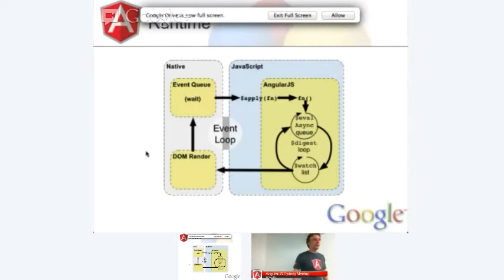This is an example of how the data binding works under the hood. I won't go into details about how the eval queue works in the digest loop and so forth. The important thing to take away from this diagram is this $apply coming in and this $watch going out. At the top, there's this $apply method, which is what JavaScript uses to communicate to Angular, hey, I want you to change your model to do this.